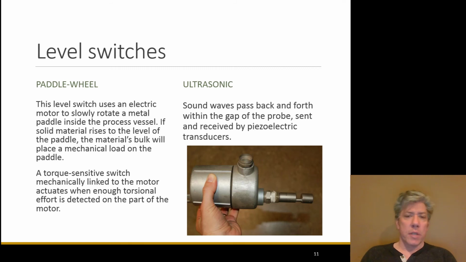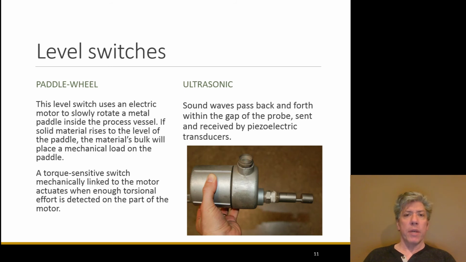So you can just have a torque-sensitive switch, essentially, that actuates when there's a certain level of torsion on the paddle wheel. So that's one way of doing it. Paddle wheel sensors are actually also used for flow measurement, and not the same types, of course, but a paddle